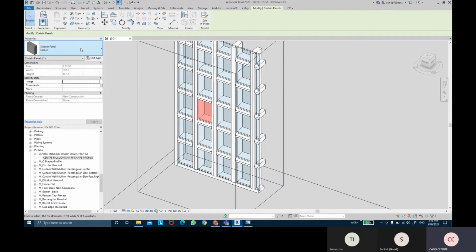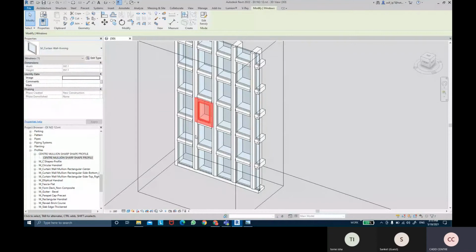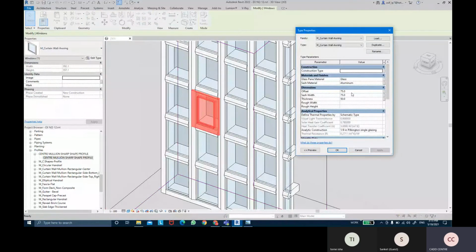Okay, I want to replace this panel with glazing, into windows. I'm going to come into the type list and use the M curtain wall awning basically there. And that panel would be replaced with a window actually. Okay, and now if I select that awning window and come into the edit type, I have a few parameters